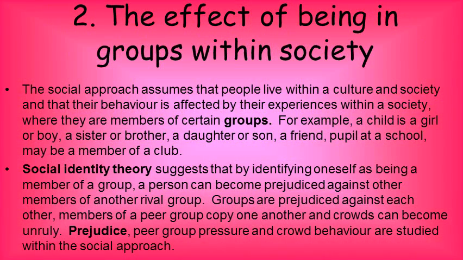The second key feature that you need to know is the effect of being within a group in society. Now, the social approach assumes that people live within cultures and groups within these societies, and that we are socialised through these groups, and that's where we determine our norms and our behaviour. For example, a child is a girl or a boy, a sister or a brother, and they're socialised into that